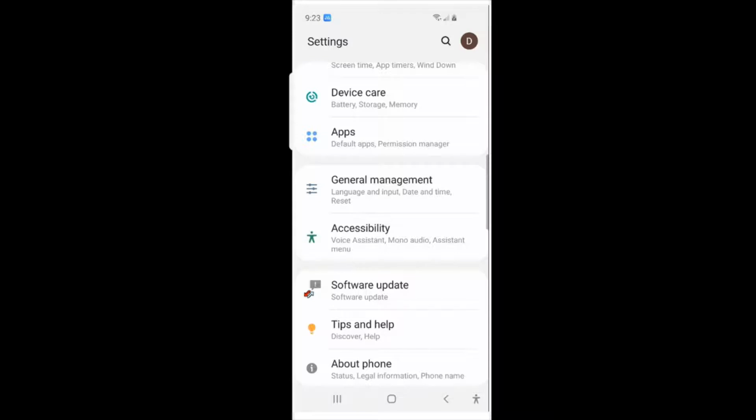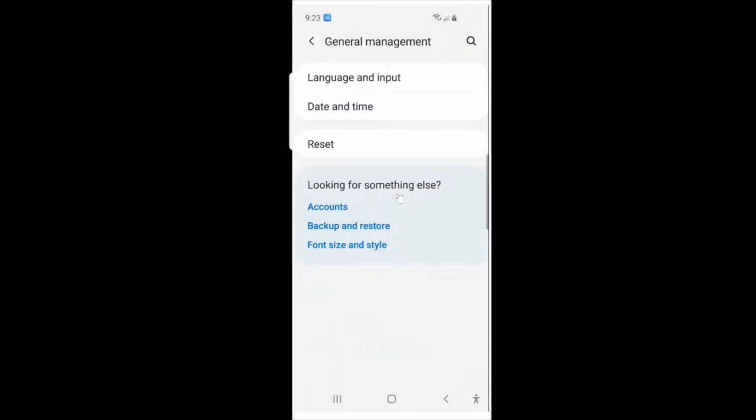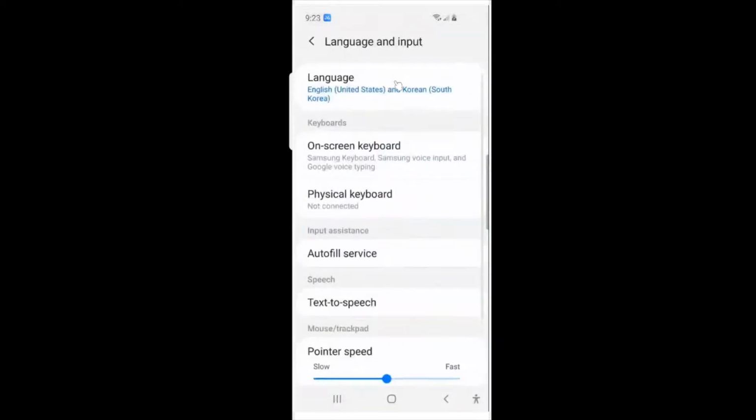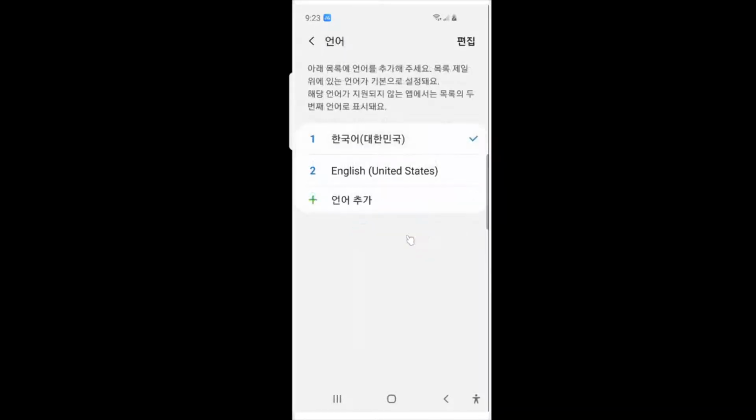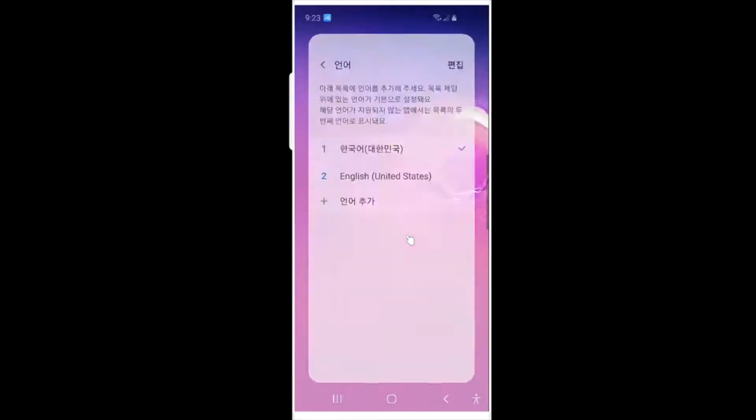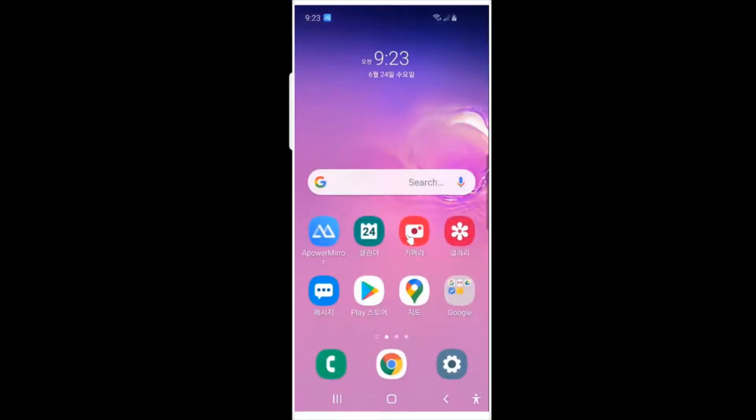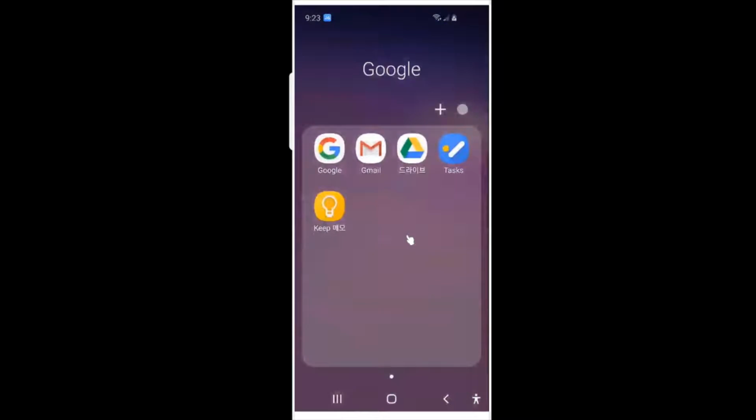So I'm going to tap General Management under Settings. And then again, Language and Input. And then click Language. And then I'm gonna change it back to Korean. And click Apply. And then I'm going to open Google Keep app